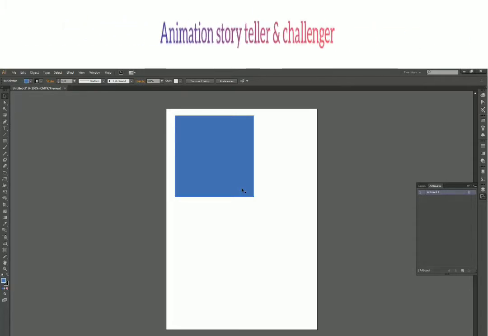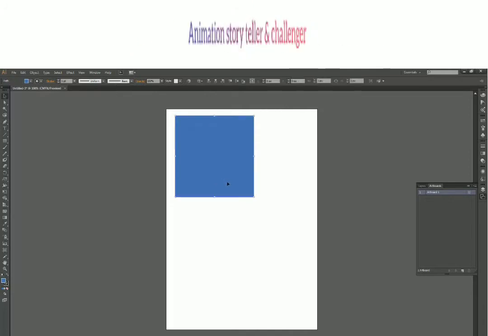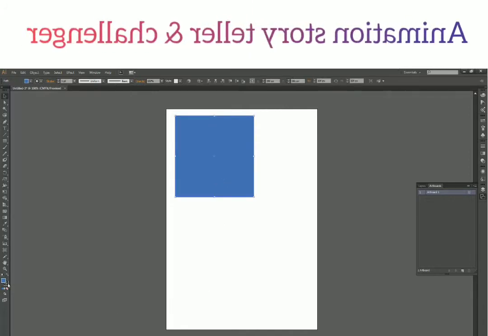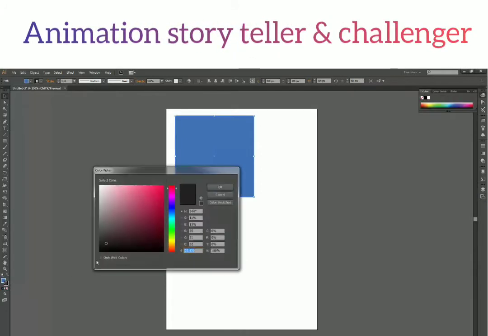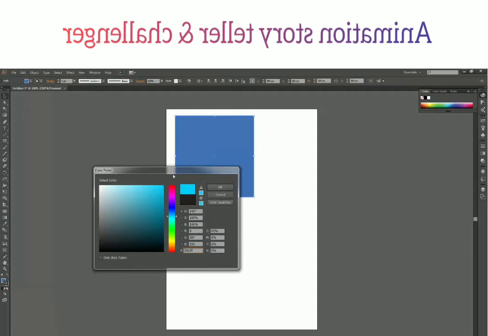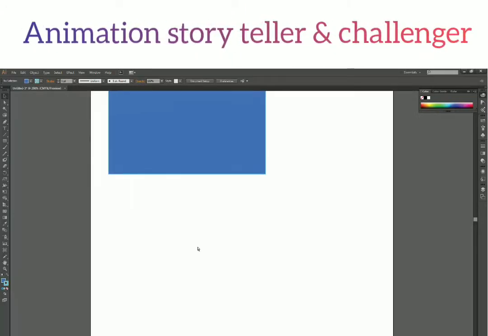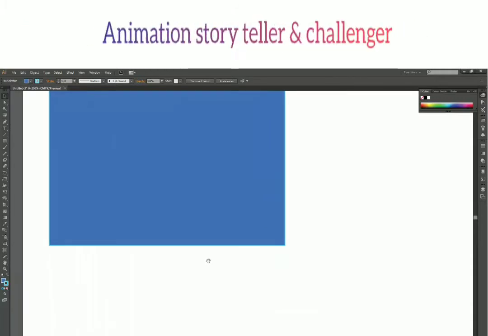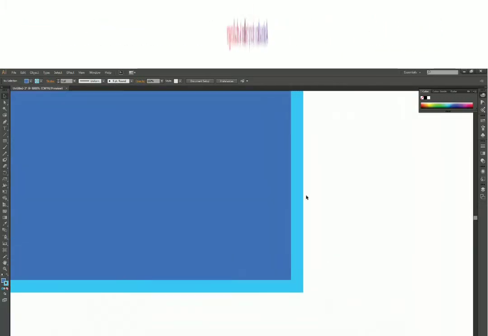Now if I want to change the outline of the shape, all I can do is click on this shape again, select it first, and then you have your outline box here. Then just double click on this one and select your outline. So let's say this is our outline. Now it is not visible very clearly here. Let me zoom in real quick, and there you have your outline reflected.